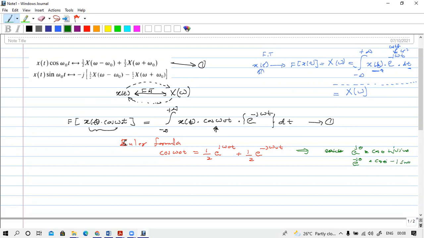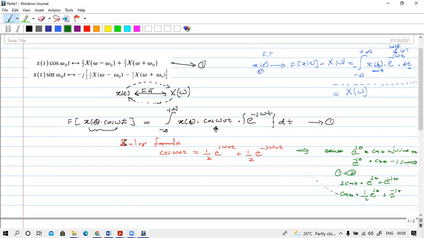So if you add these two equations, you will get 2 cos theta is equal to e^(j theta) plus e^(-j theta). So cos theta is equal to half of e^(j theta) plus e^(-j theta). So I will get this,